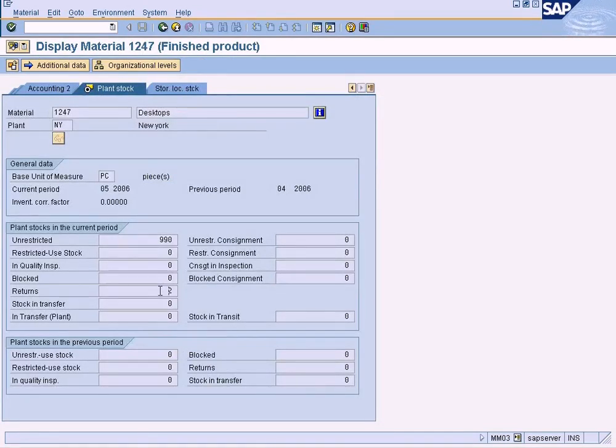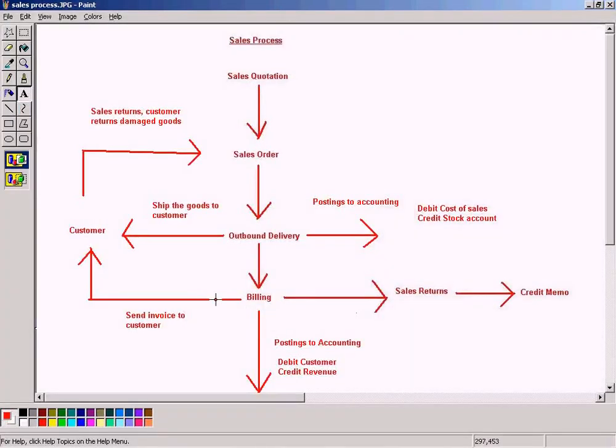Go to plant level stock and NY plant, and can you see the sales returns? It has been posted to this storage location which is not valuated. Any quantity in this storage location will not be valuated because the reason is the system will actually